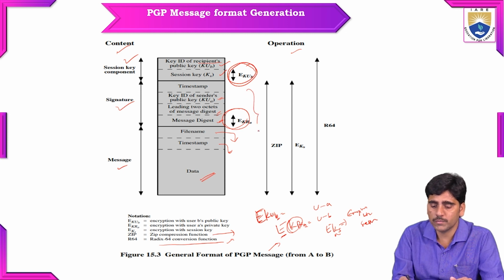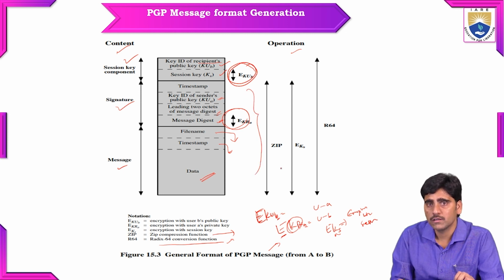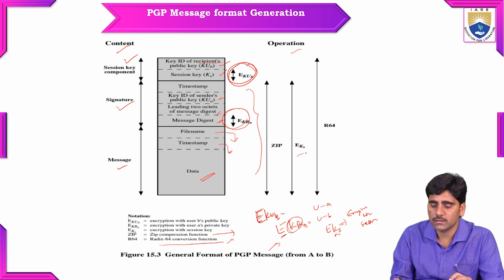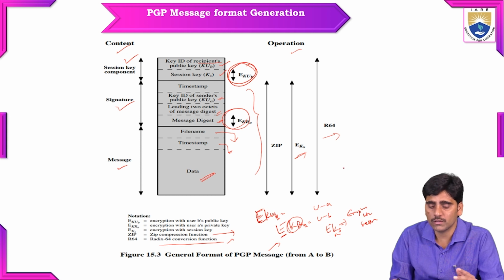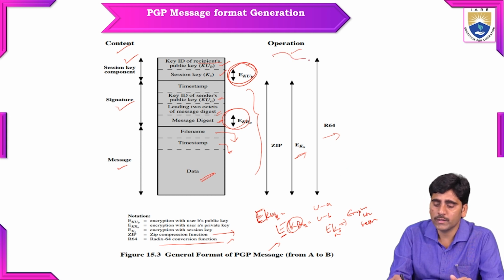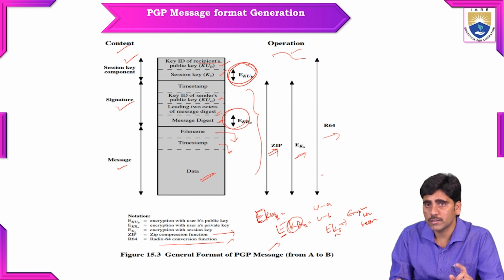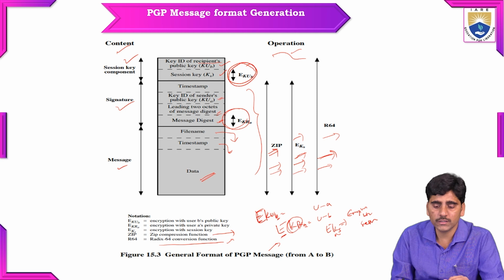So all these will be applied with the zip function. So compressing, and the next session key is generated. The next, converting into small blocks. So this is the operation. First it has to be compressed, then encrypted with the generated session keys. So compression, encryption, then the process of dividing, segmentation. So compression is here, the next session key generation is here, the next segmentation is here. So these are the operations